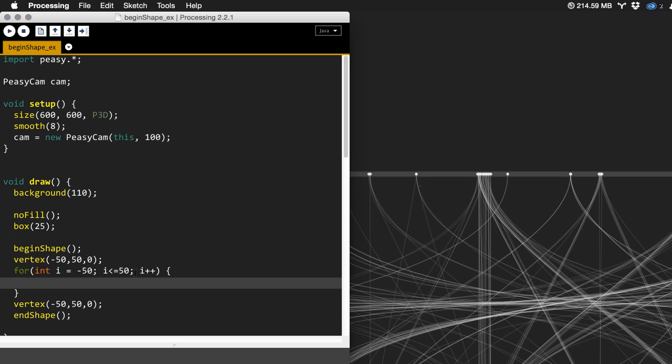All right, so now we're going to say vertex. Now the x is the thing that's going to go wiggling across the screen. Sorry, got my little cursor here. So that is going to be i. And then for the y direction, let's go ahead and give it a random 20 to 50. I don't know, let's see what happens with that. And then the z is going to be 0. So it's going to do the first point, it's going to go up and do all those wiggly lines, then we need it to come down